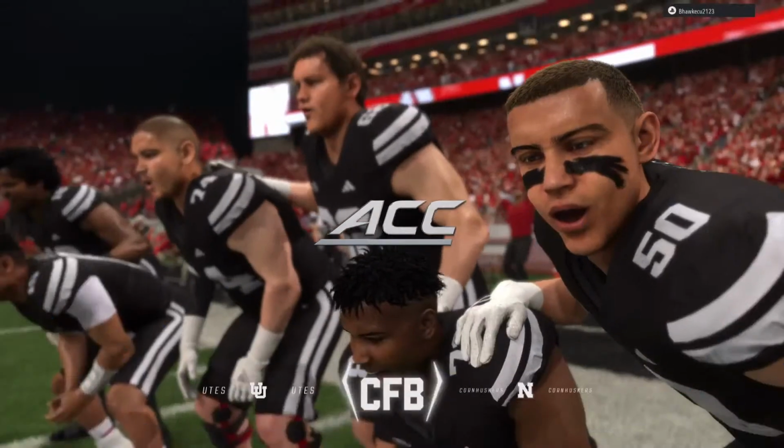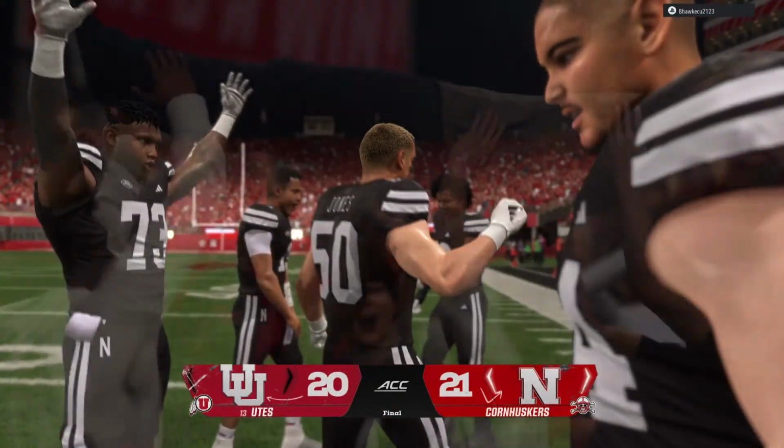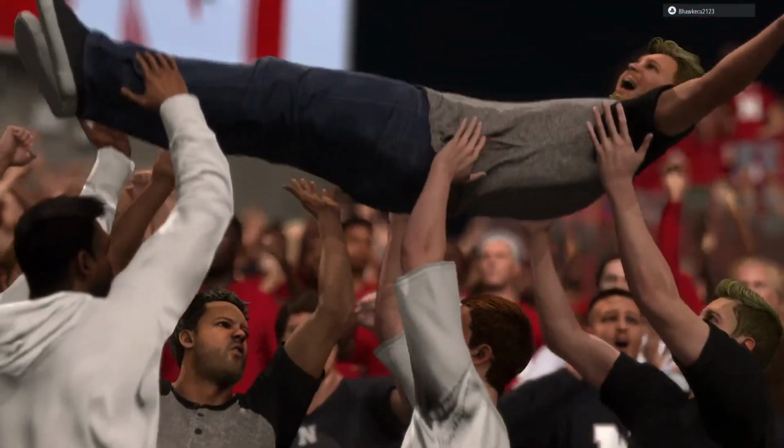It's really the most common type of upset we see every year. Home field advantage is so big, and especially when you have a ranked team come to town, they love to